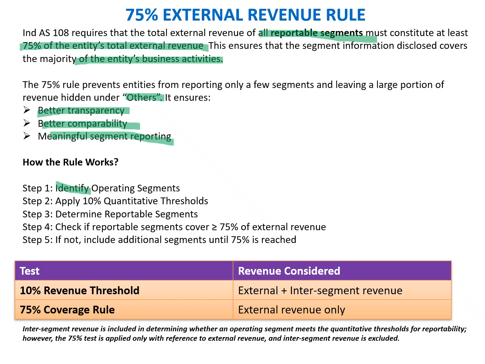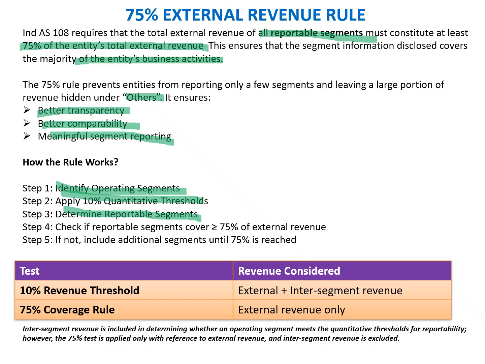So first of all, we have to identify the operating segments. Once we have identified the operating segments, we have to apply the 10% quantitative rule, which we discussed in the previous slide. Then we have to determine the reportable segment. First we identify the operating segment, then we apply the threshold rule of 10% to identify the